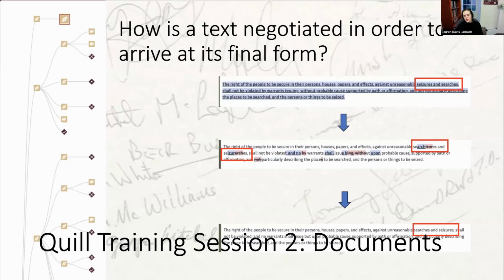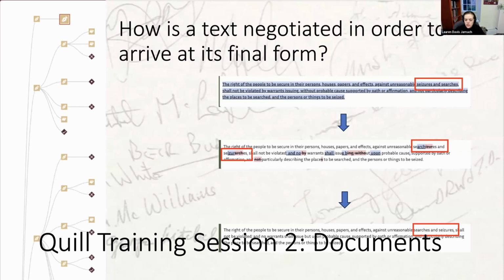Right. So if you remember from our last session, we had three main takeaways: that Quill is all about the document, we're servants of the end user, and Quill is a worldwide community. So for today's training session, we're going to focus on documents and what is best practice when it comes to